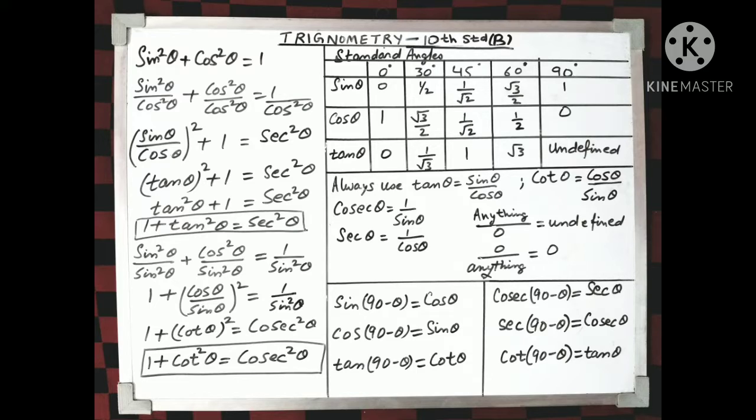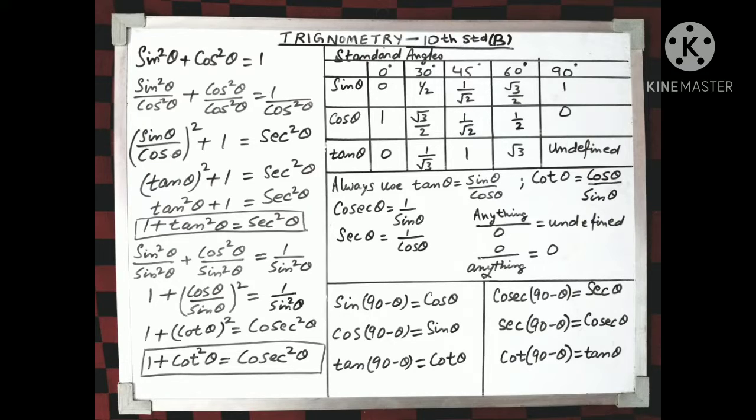Similarly, for the other 3 trigonometric ratios, that is cosec theta, sec theta and cot theta, I will suggest that you convert them. For example, cosec theta you convert to sin theta as 1 by sin theta. If you want to find the value of sec theta, you can convert it to cos theta. And if you want the value of cot theta, you better write it as cos theta by sin theta. And you can find the values just as I explained, right?